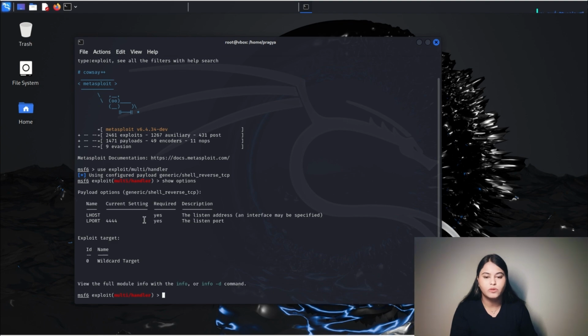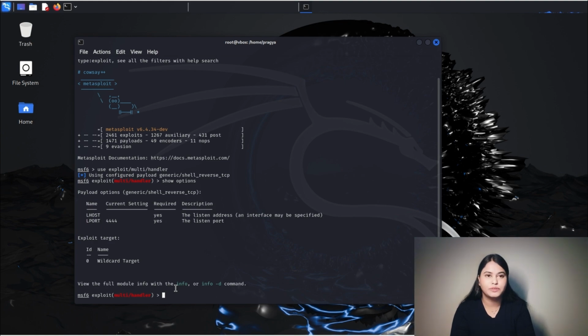So now we need to make changes. We need to modify this because we want it to be the same as the one for which we have created our backdoor. So for LHOST, we will be using our IP address that was 192.168.1.2, and also the LPORT that we were using was 8080. So let us modify this.